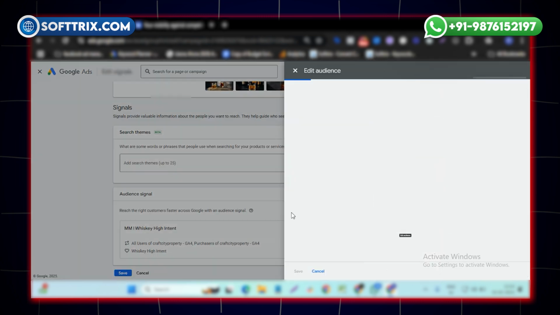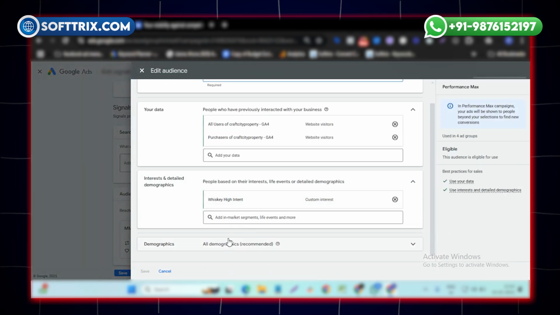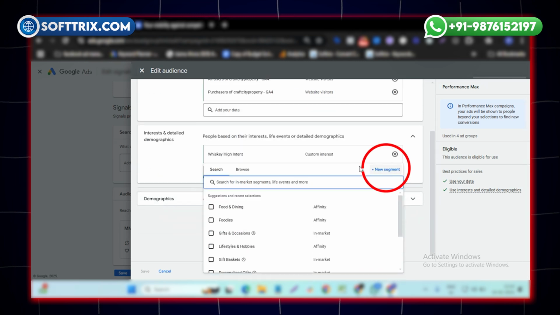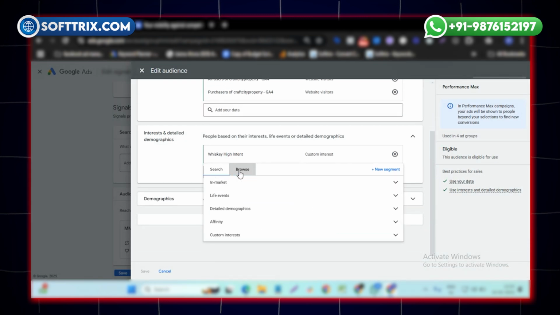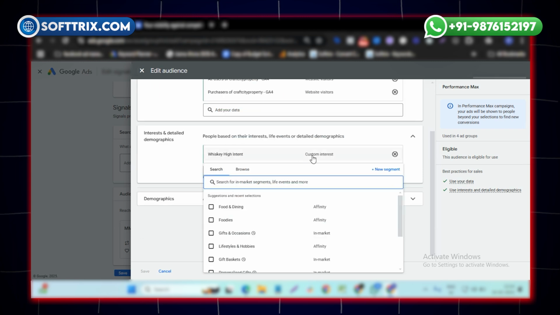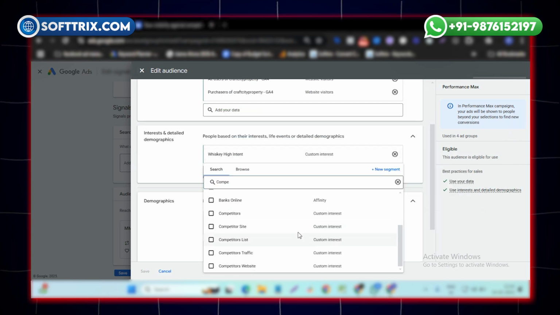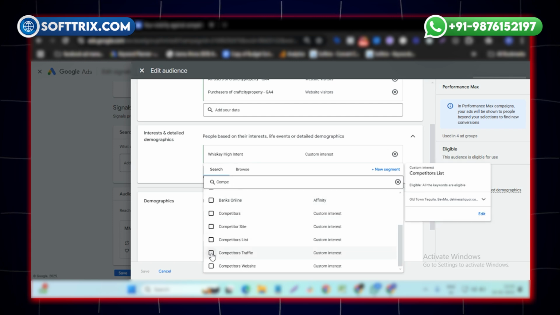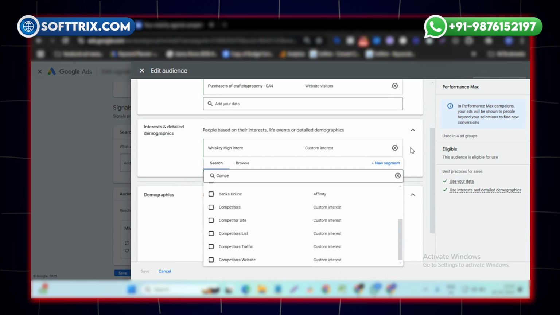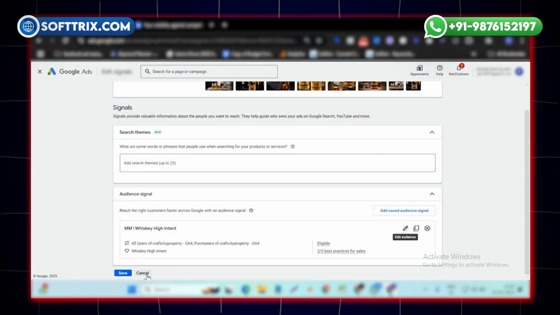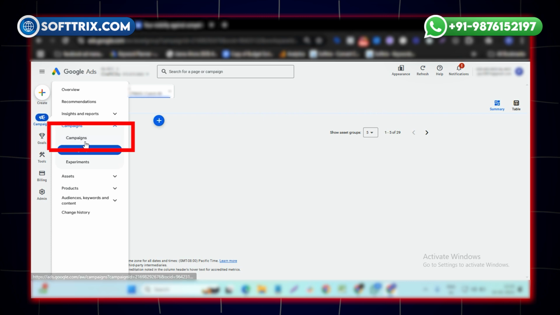And there click on audience signals, and under the intersection you can click on here, and there once you search you can find the custom interest options, the one that we created, competitors traffic. So that is how you can target the visitors who visited our competitor website and engage the relevant users toward our website.